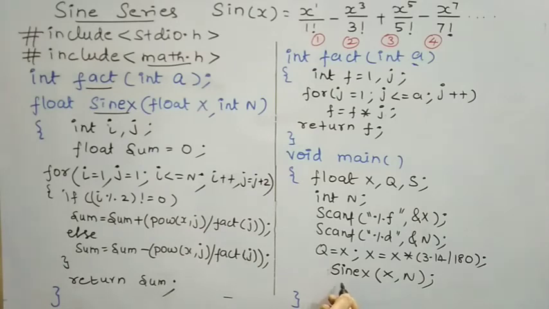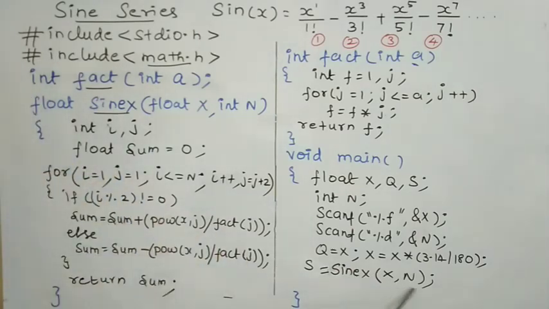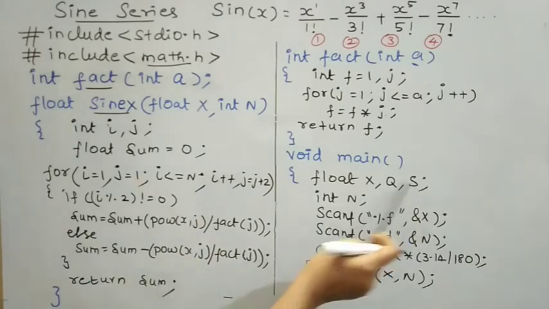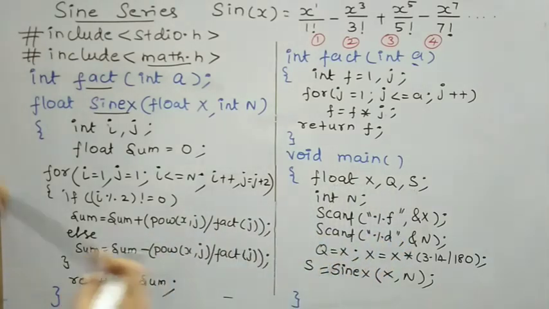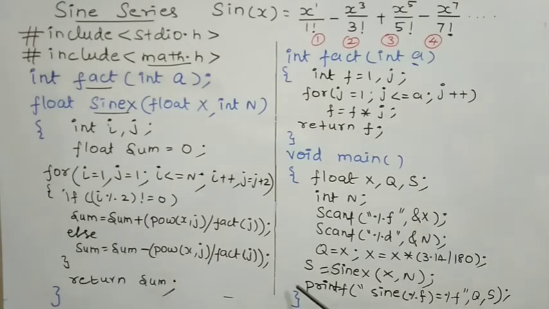Okay, so this function call will be replaced by the value that your function is going to return. So I may assign the value to a variable. See here, the sin x function is going to return a float value. Once it returns the float value, it is stored in s, which is also a variable of the float data type. Okay, once the summation is stored in this float variable s, I need to print the value of s, that is my output. How to print? With this printf statement, I am printing the output value s.